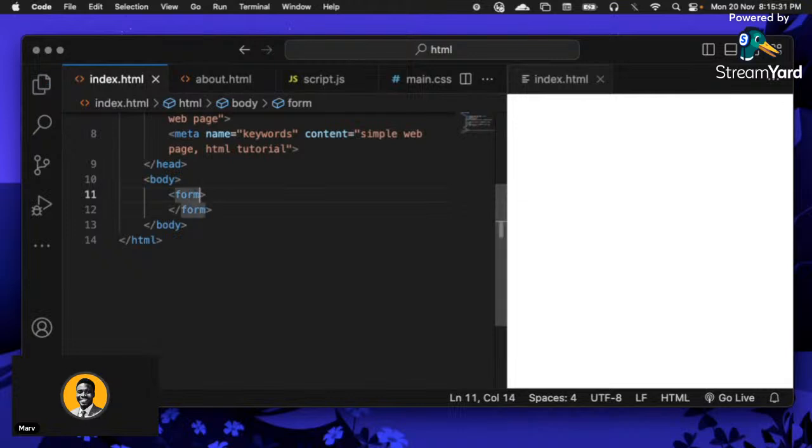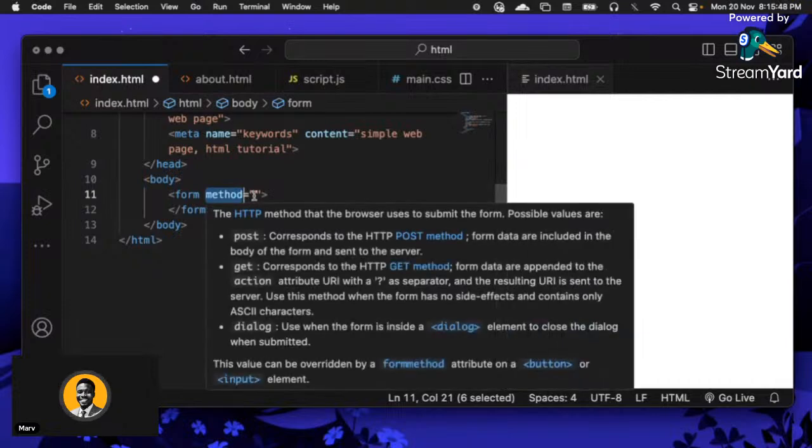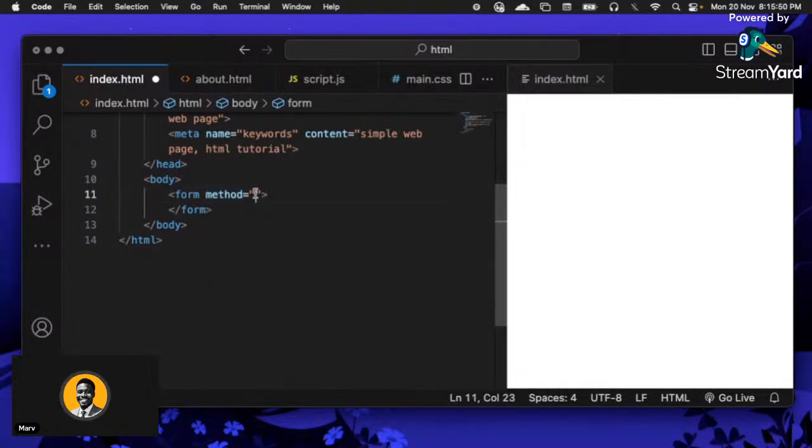All right, so now we have the form. Okay, and the form element itself is the cornerstone of creating forms in HTML, I mean everything starts from here. Okay, so we're going to put in the method. So the method is an attribute of this element that describes the kind of action you want to perform, right? So for example, if you say post, which can be in small case or caps, but yeah, let's just go with caps. So if we say post, what we're saying here is, okay, we actually want to submit this,